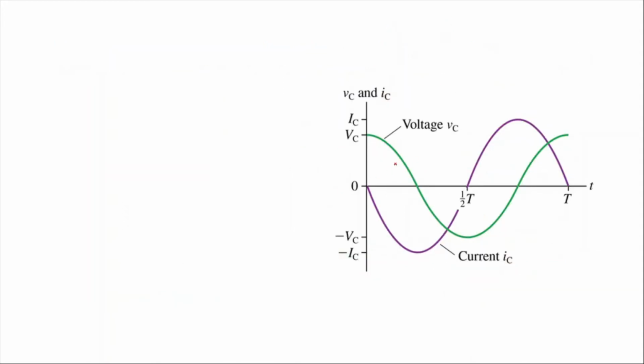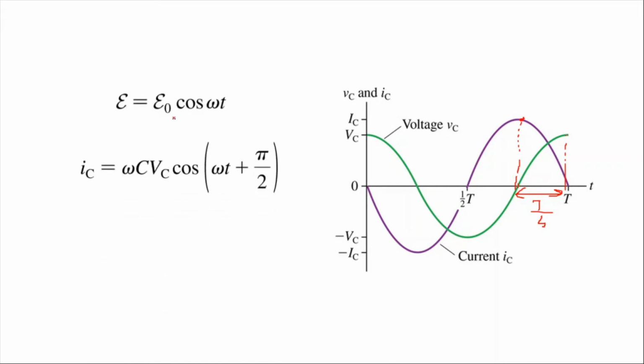So let's look at the change of the voltage and the current in the circuit. Here, the green line shows the voltage, and this one shows the current. The current increases and becomes maximum. When it is maximum, the voltage is minimum, and then the voltage increases until it becomes maximum. Let's look at the time between them. This difference is one quarter of a period. First, the current becomes maximum, and then the voltage becomes maximum.